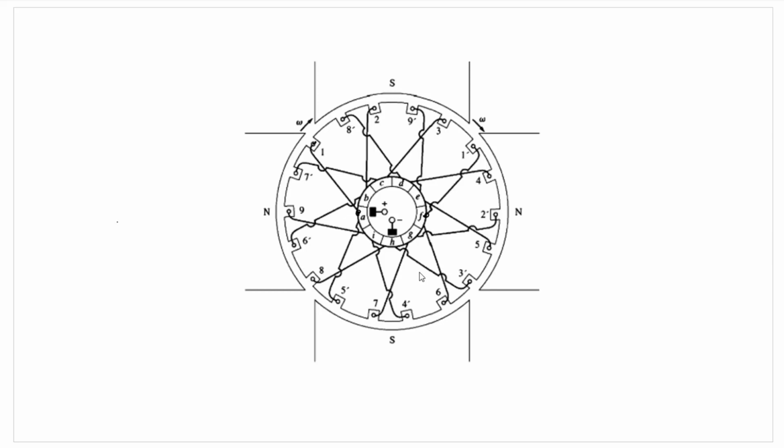So in case of a lap winding, the back end and the front end are connected only to adjacent commutator segments, while in case of a wave-wound DC machine, the front end and the back end are connected commutator segments apart. What that also results in, the lap winding results in P number of parallel paths, while a wave winding will result in only 2 parallel paths. So in case of a lap winding, we will use as many brushes as the number of poles, while in case of wave winding, since we have only 2 parallel paths, we'll only be using 2 brushes always, irrespective of the number of poles.